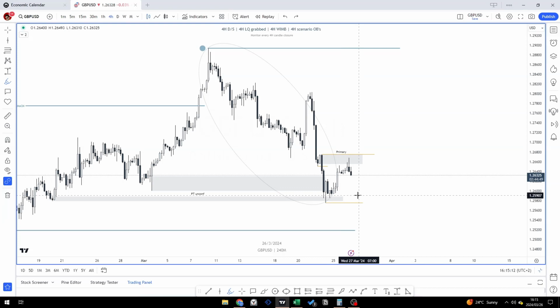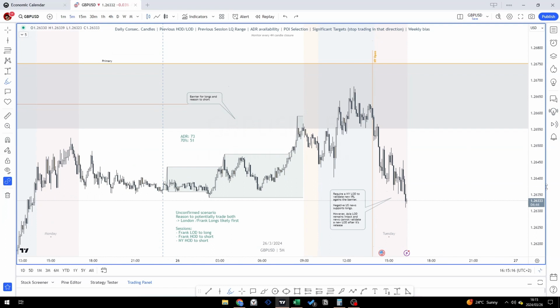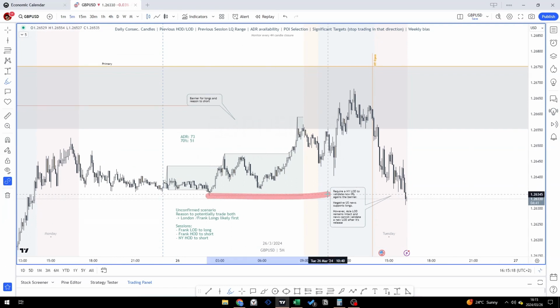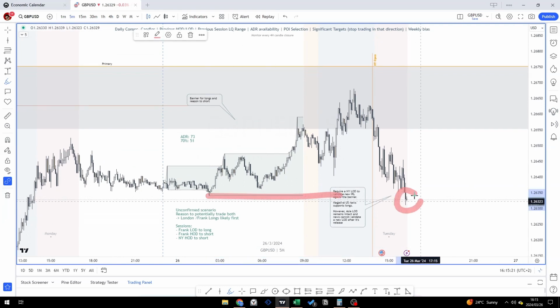on the news release. But unfortunately, what had happened is, as you can see right here, we had the Asia low, and now New York's putting a new low of the day, but this is subsequent to the news release. The news release was at 4 p.m. my time, so because the news release is subsequent to when the New York low of the day was formed, we are unable to validate when this New York low of the day will form,